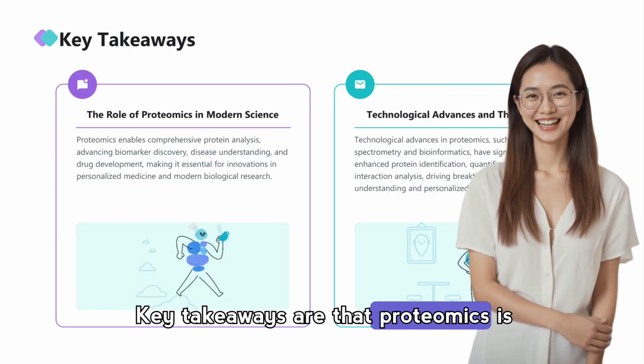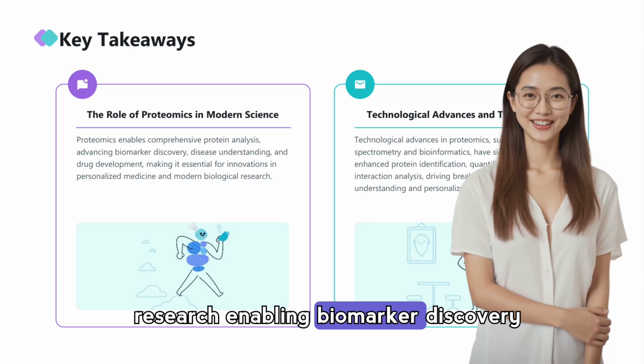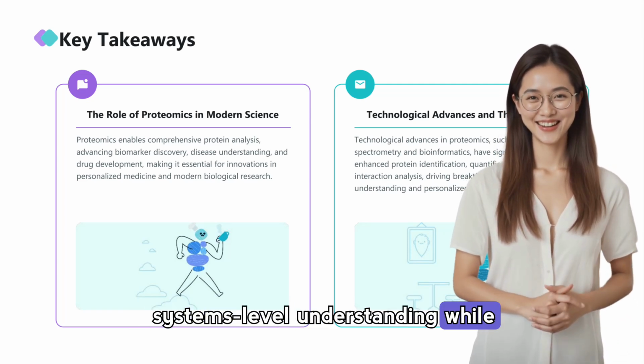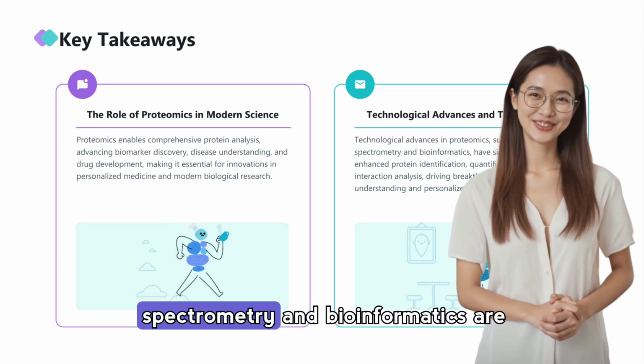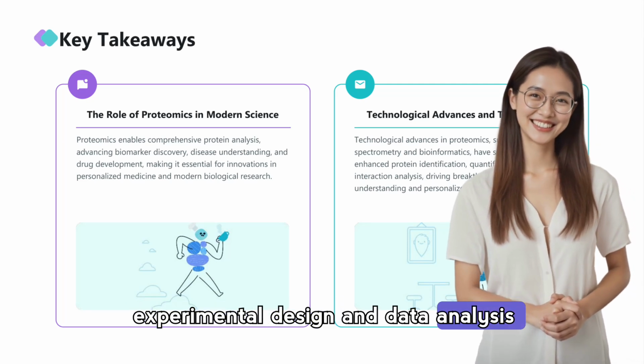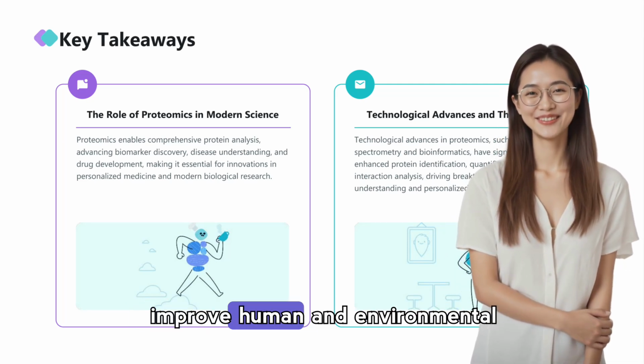Key takeaways are that proteomics is essential for modern biological research, enabling biomarker discovery, therapeutic development, and systems-level understanding, while technological advances in mass spectrometry and bioinformatics are driving its impact. Keeping rigor in experimental design and data analysis ensures reproducible, meaningful results that can advance science and improve human and